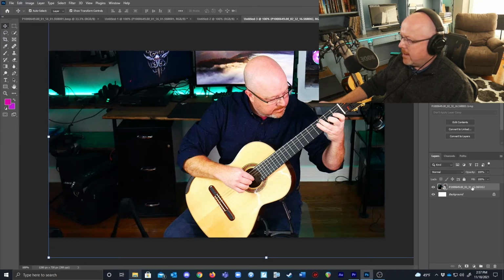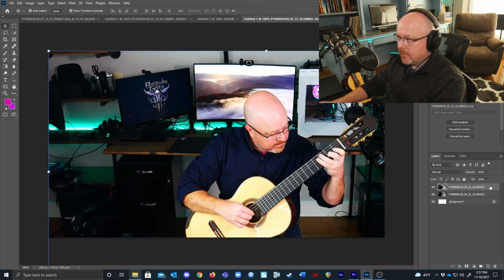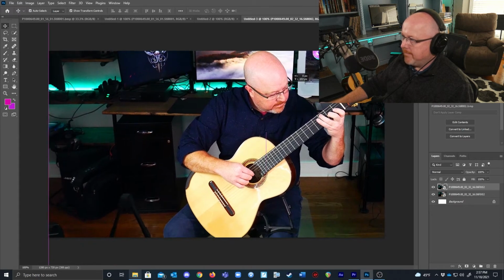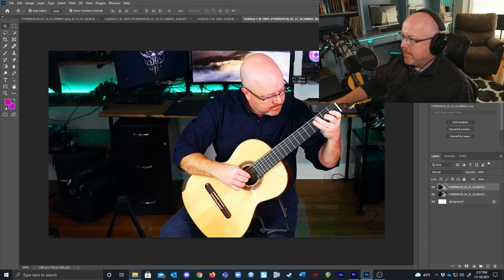And you see that I have in my layers view here, I've got a background layer and then I've got this picture. So what I'm going to do is click that picture and I'm going to copy, Control C, Control V, paste, and I get another copy of the same picture. And they're just going to be layered on top of each other. I do want to line them up